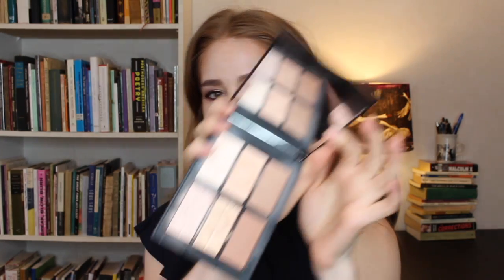So if I already have this, why do I need a Colourpop highlighting palette? And for me, because I'm so pale, with a highlighting palette of 6 shades, I'm usually honestly only able to use 1 or 2 of them. This is also a highlighting palette, but there are only 4 shades, and one of them is that really, really pale